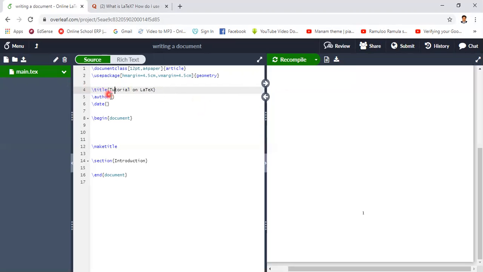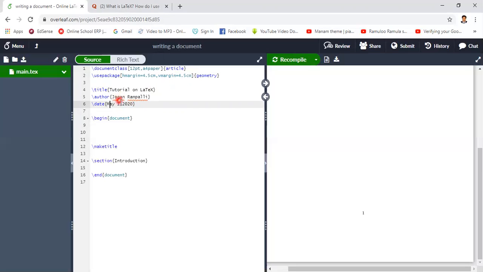Author name: let's take my name, Jagan Rampalli. The date is today's date, that is 1st May. I'm writing American style, May 1st, 2020.